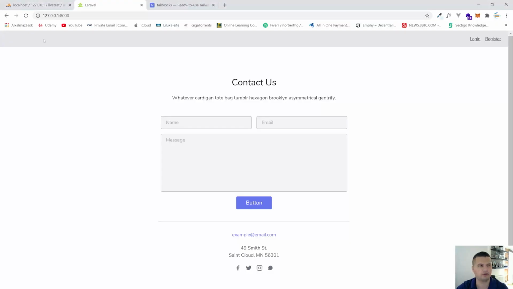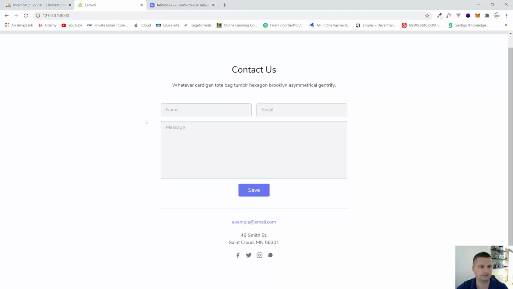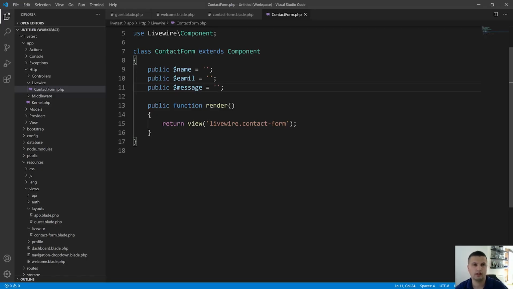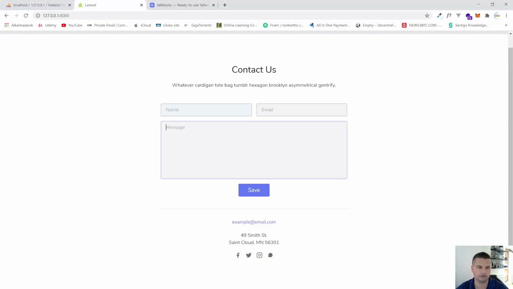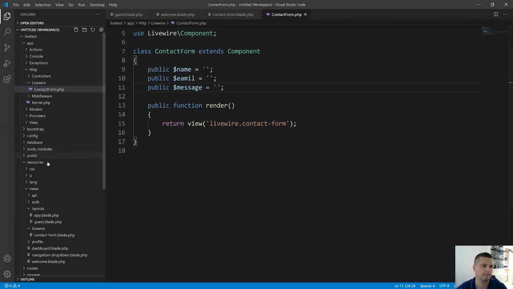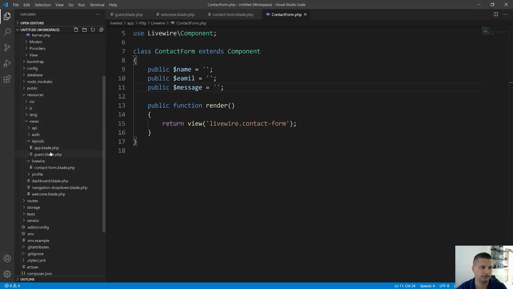So it will be very similar to Vue.js, the experience. So if I start to type in something in the form, we should see it down here, but we are not seeing it because we are not using Livewire yet. We need to include it inside the template as well. So if you go to the layout,